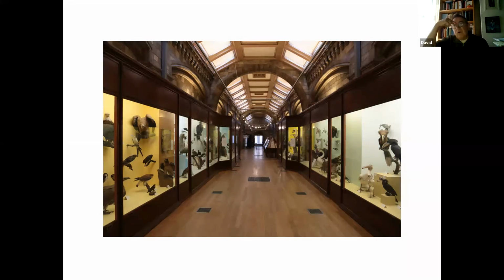It was a slightly old-fashioned type of gallery with odd dioramas in it, dioramas of different stuffed animals and a few plants. You can see the bird gallery has no plants whatsoever, just birds. But the British natural history was a much more interactive thing. One morning when I was walking down this gallery, I was stopped by a family. It was an American family, and I assume the person who spoke to me was the father, and he pointed to a small bird and said to me, "That's not a robin. You guys need to change your exhibition. You need to change your label."